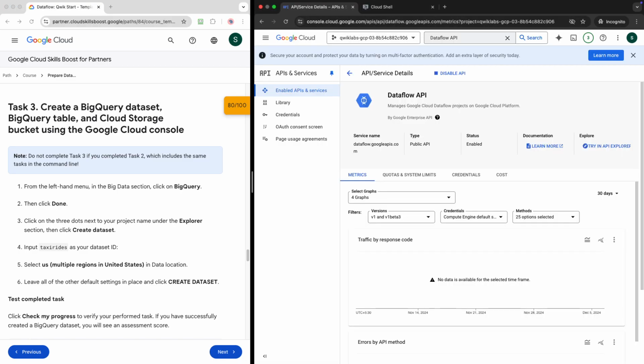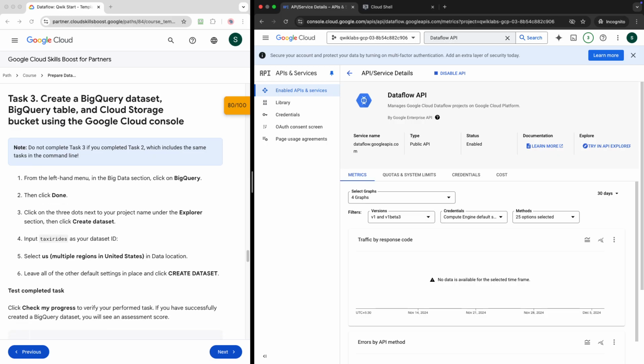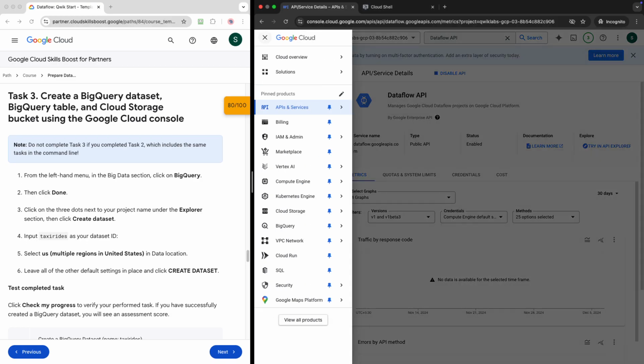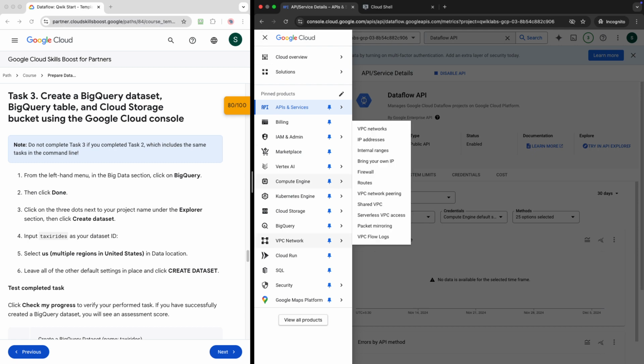Do not complete task 3 if you completed task 2, which includes the same. Okay. You can see here from the left hand menu, so you can create it using the console as well. So BigQuery,